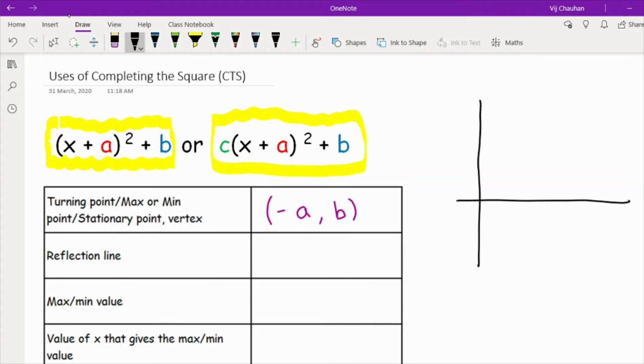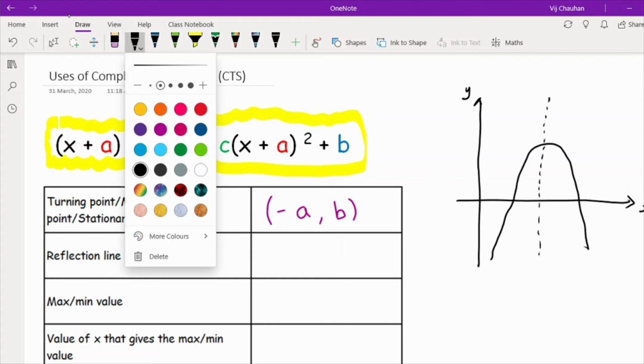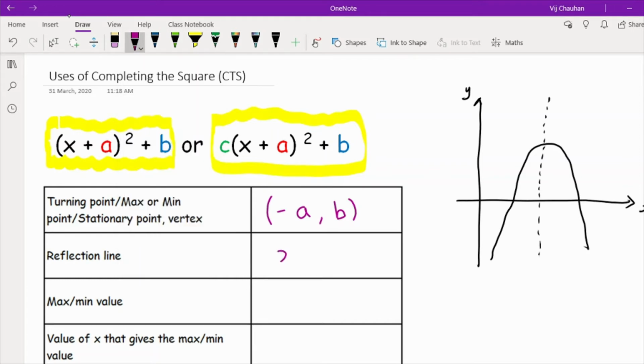Now with a parabola, they are symmetrical about that turning point. So at this point here, my reflection line, if I was using a ruler, would actually be there. Now how we actually calculate that without having to draw it out is simply this: reflection lines on a parabola will always be a vertical line, so the equation of that line is going to be x equals, and then whatever your x ordinate is, which in this case is going